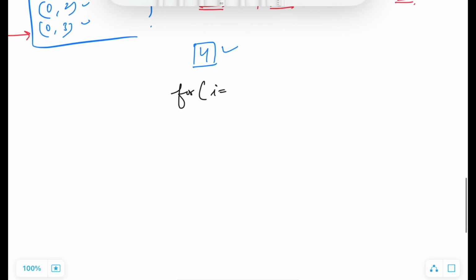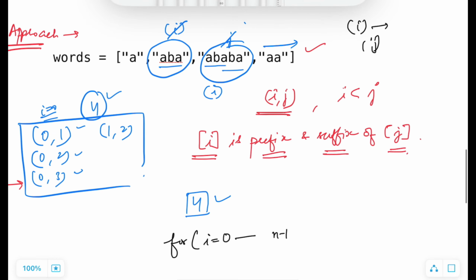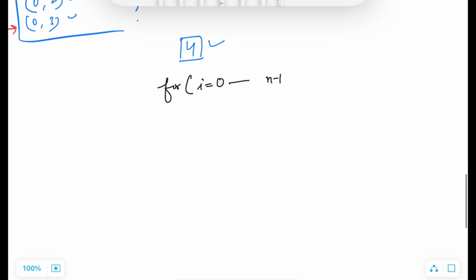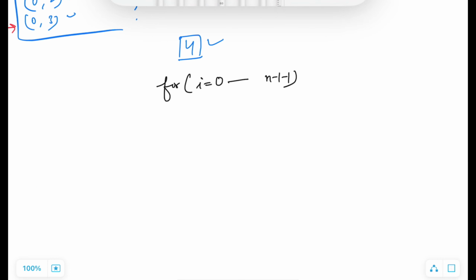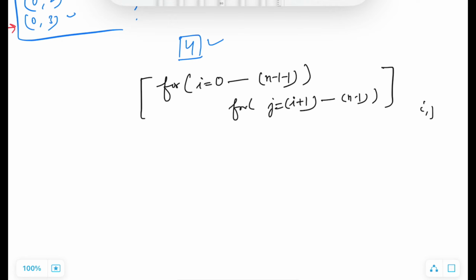For I equal to 0, I will go from index 0 to n minus 1. N minus 1 is the last index. So if the last index is I, there is no j. So keep it n minus 1 minus 1. Okay, this is for the first loop. And the second loop I can keep from j equal to I plus 1 till n minus 1, till the last index. So now these two loops are going to give me all the pairs of I and